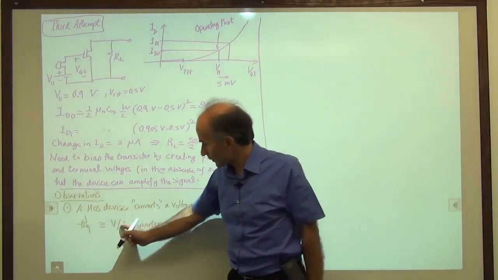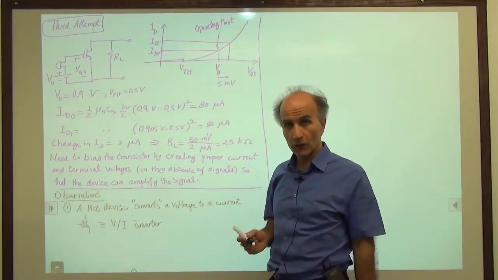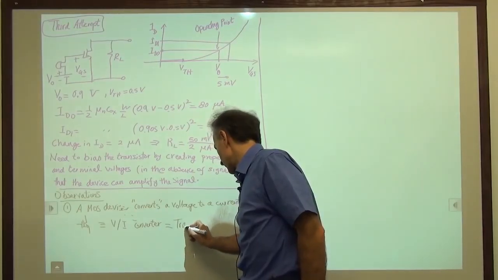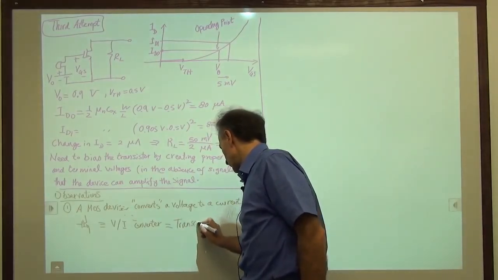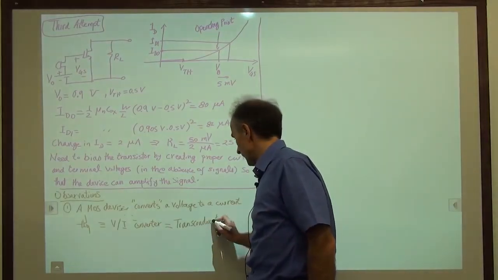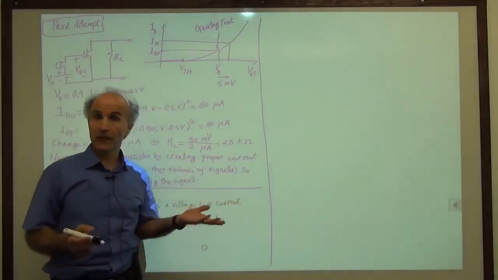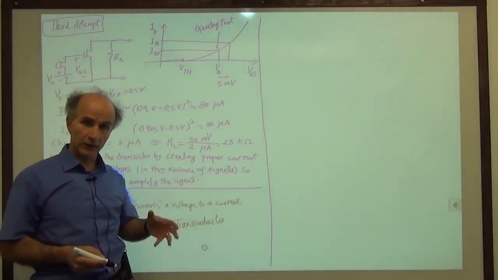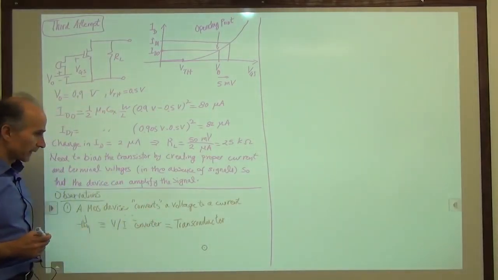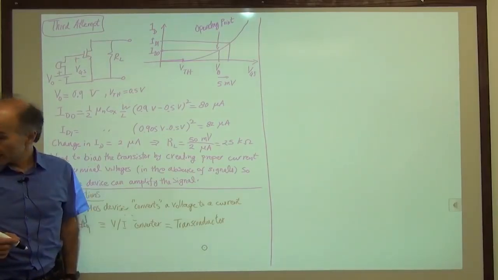Okay, and a voltage to current converter has another name in circuit design, which you should also know, and that is called a transconductor. So sometimes we say a MOS device is a transconductor. And these are all fancy names for what it does, right? It just converts a voltage to a current. It's a voltage-dependent current source. Okay. All right. Now, based on this,